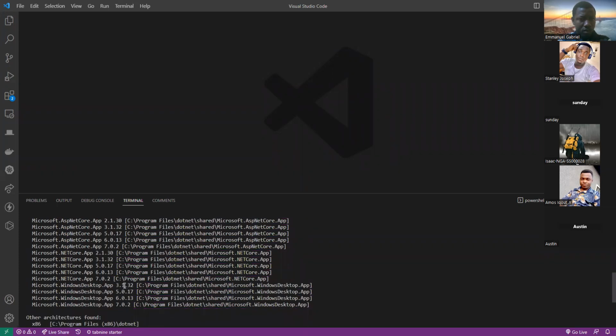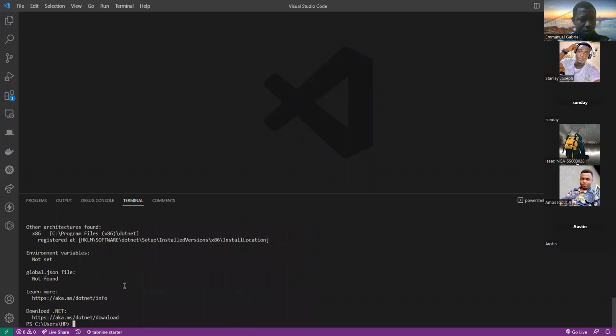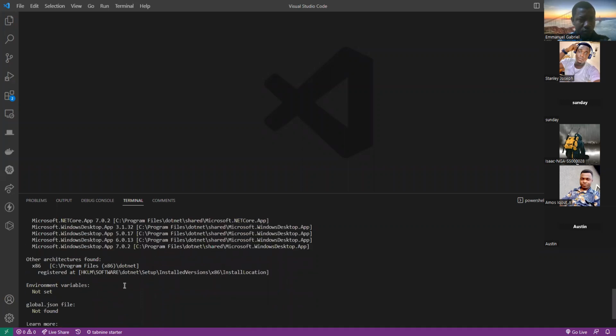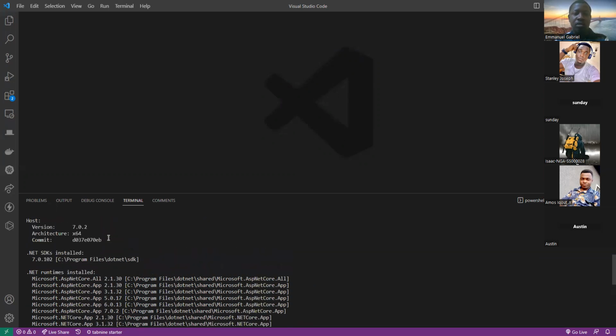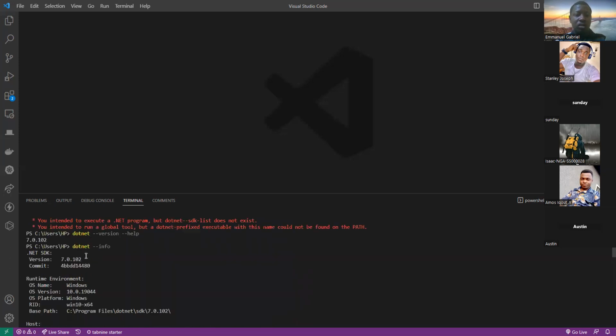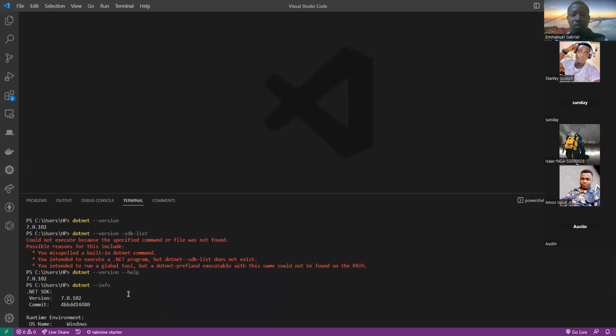Okay. Well, this isn't what I'm looking for, but I can see 5, 3, 2, and then 6. So this shows the list of the SDKs I have on my system. But if I try to create a program, it would use this version 7.